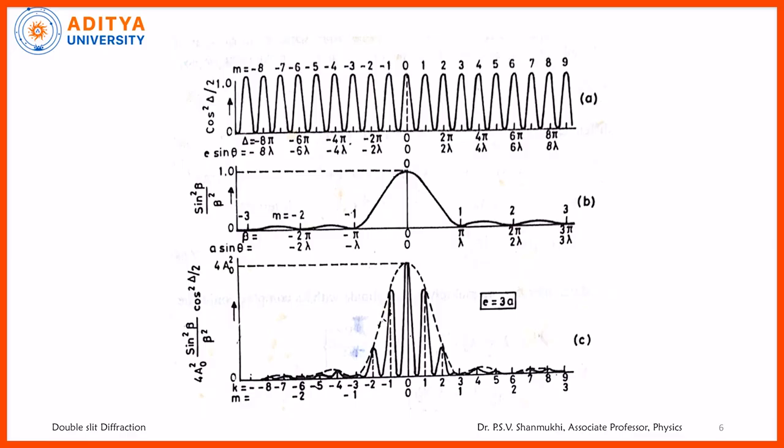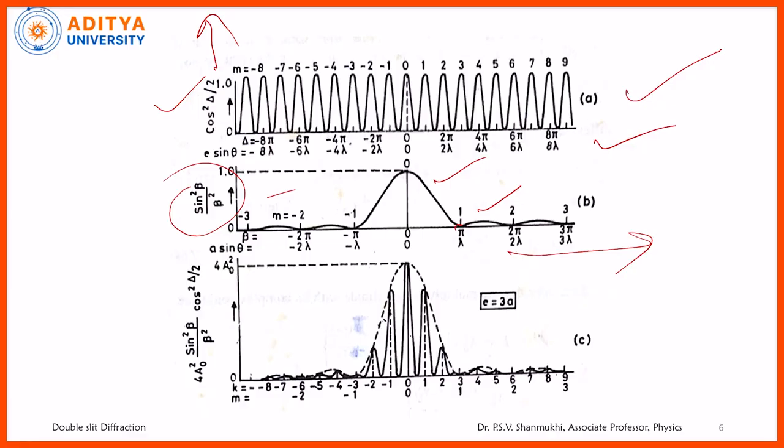Observe, this is the graph for interference. The maxima and minima positions: angle is taken on the x-axis, intensity is taken on the y-axis. Then we get the maxima and minima at different points. Similarly, sin square beta by beta square values are taken on the y-axis, and the corresponding pi values are taken on the x-axis in case of single slit diffraction. We already have the central maximum, first minimum, first maximum, all these we are taking directly from the single slit diffraction.